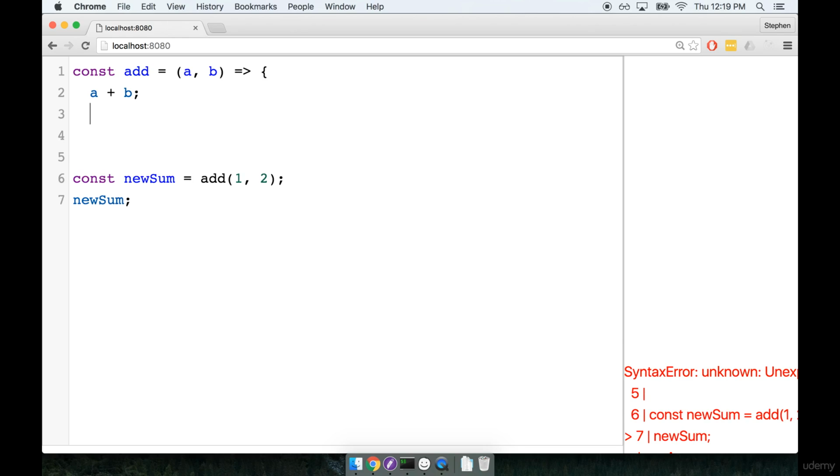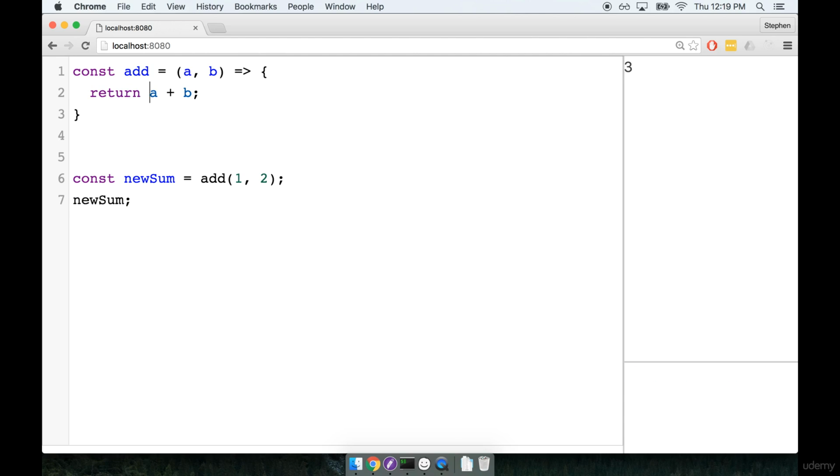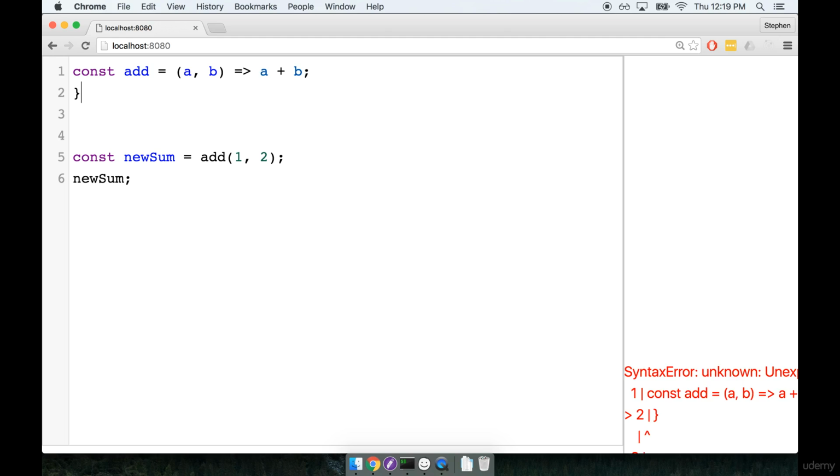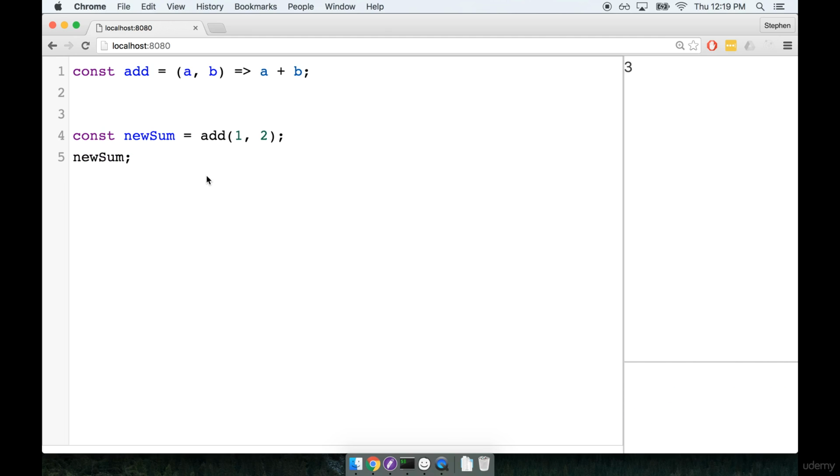If I leave on my curly braces, however, even though I've got a single expression, I do not enjoy that benefit of the implicit return. So I would have to use the return keyword here, all right? Long story short, this is a rule that, believe it or not, took me forever to puzzle out on my own because I'm kind of stubborn and I never look at documentation myself. Basically, the rule is if you have a single JavaScript expression, you can remove the return keyword, remove the curly braces, and boom, you're good to go. So just remember, one expression means we do not have to use curly braces. Now the flip side to that